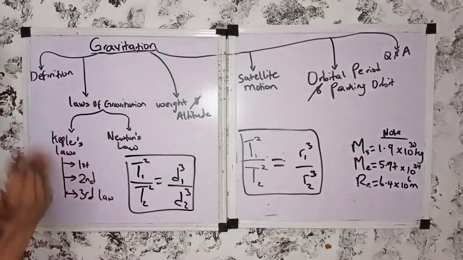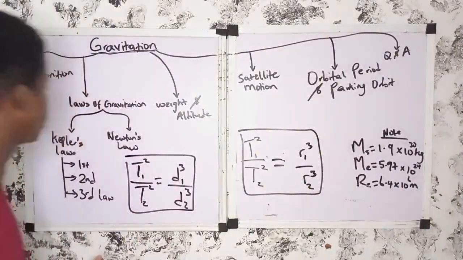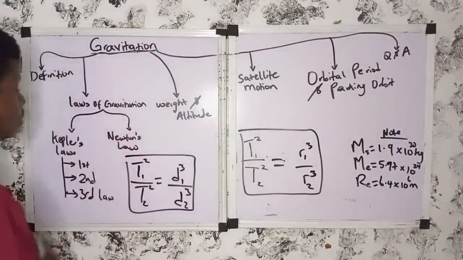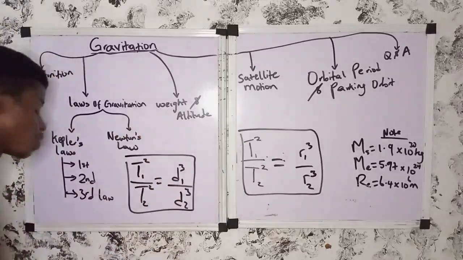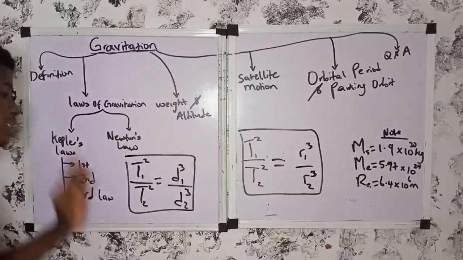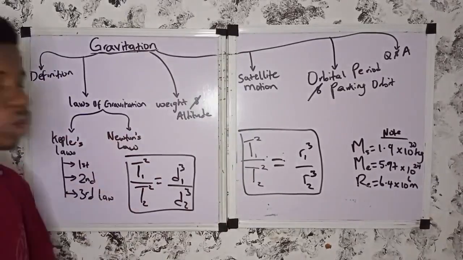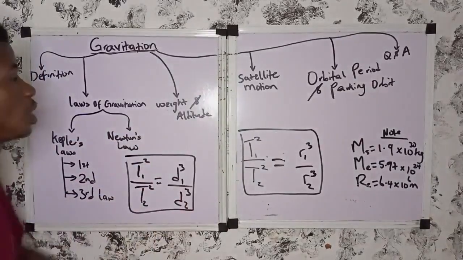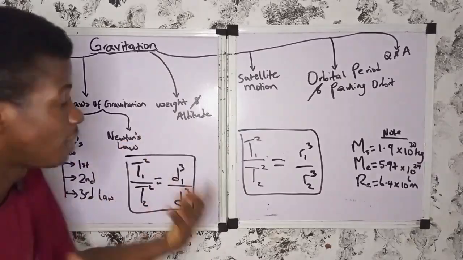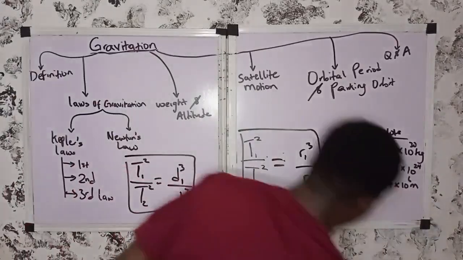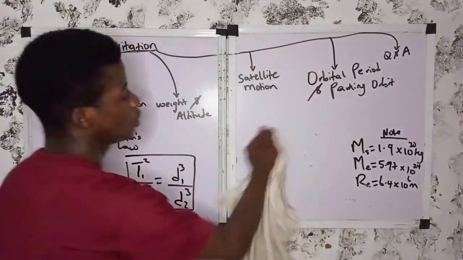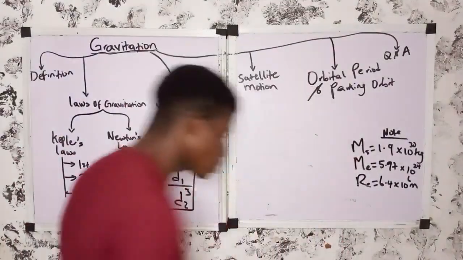Now let's continue. Let's go to Newton's laws. Remember the laws of gravitation. We have Kepler's laws, we have Newton's law. For Kepler's law, we have the first law, the second law, and the third law. This is the third law. Please take note of this formula, we are going to use them now. Newton's universal law of gravitation states that